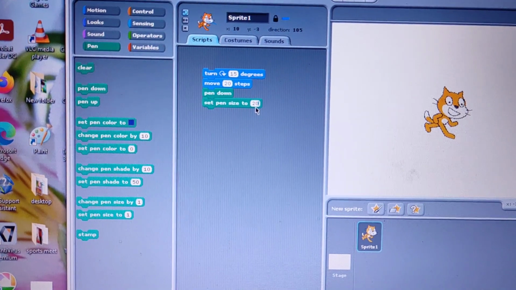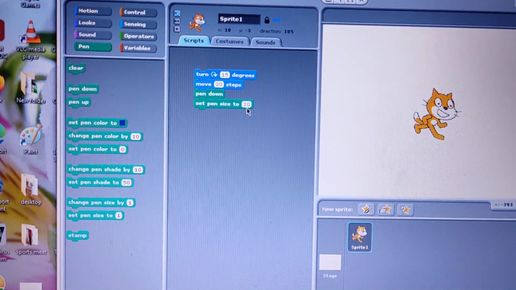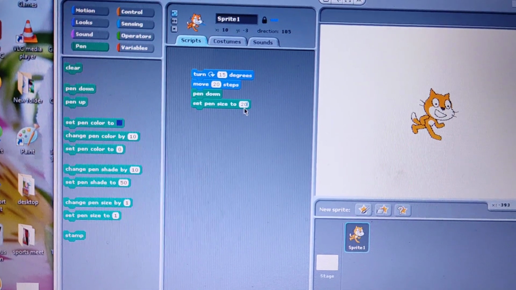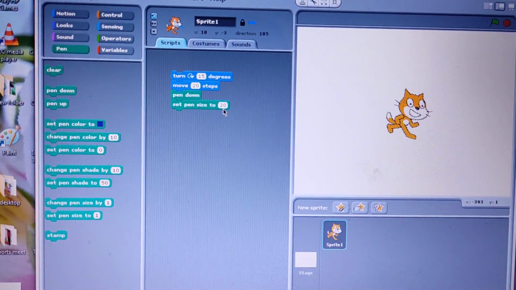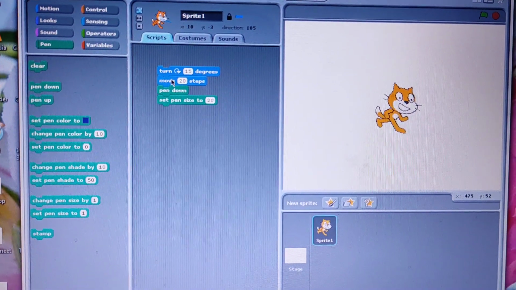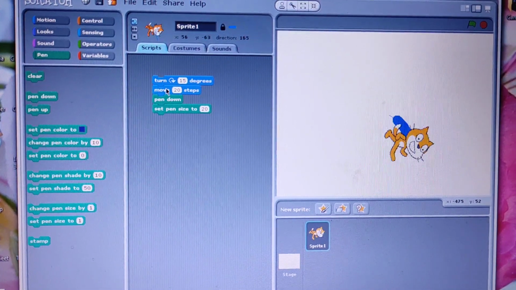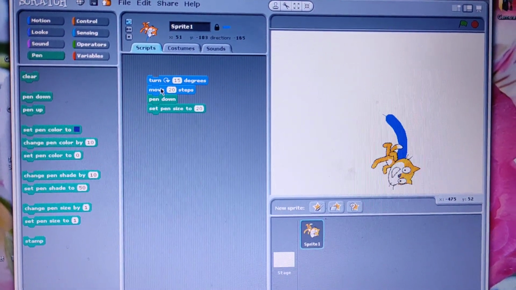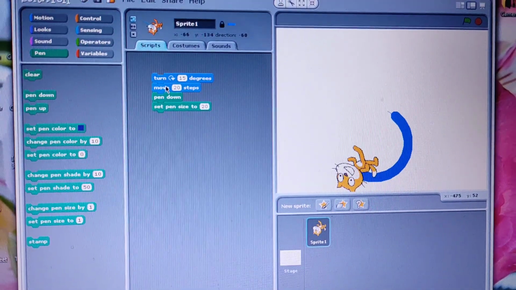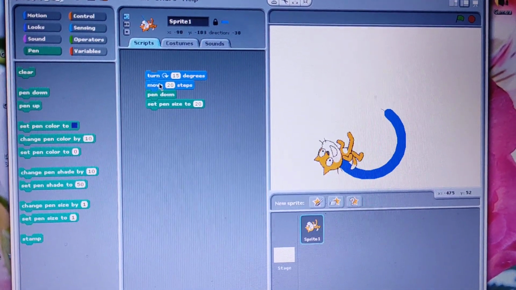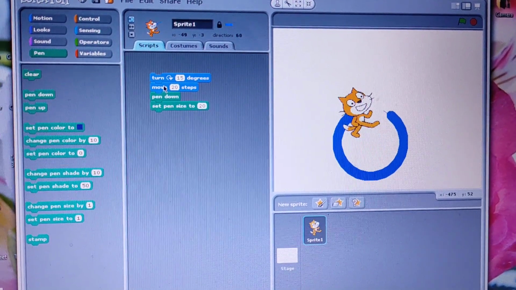Last step, click any of the joined up blocks. Now this time we have to run the program. Now running the program, click any of the joined up blocks in the script area. So I just click on it. You can see the movement of the cat. Now the cat starts to make a circle. You can see the movement.